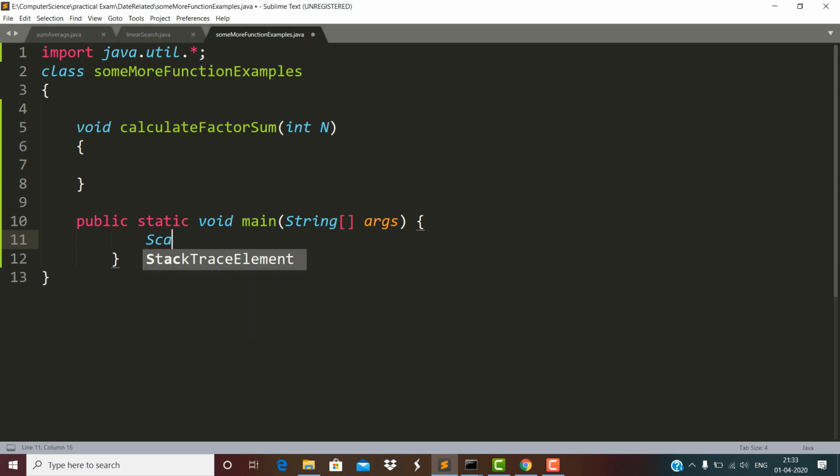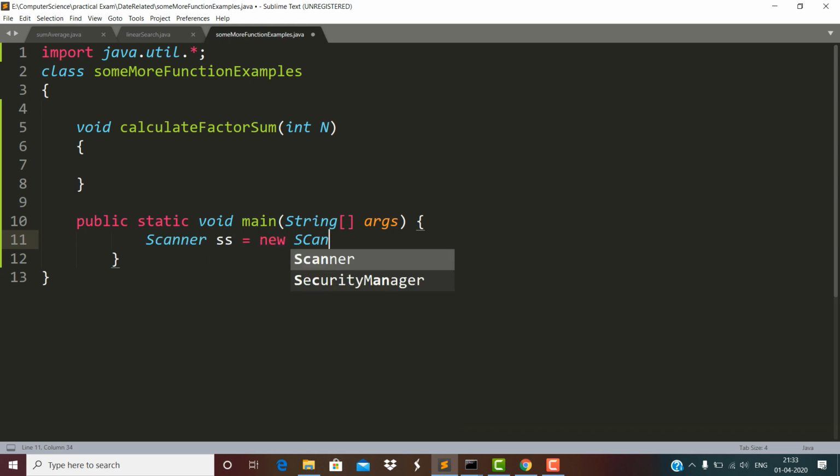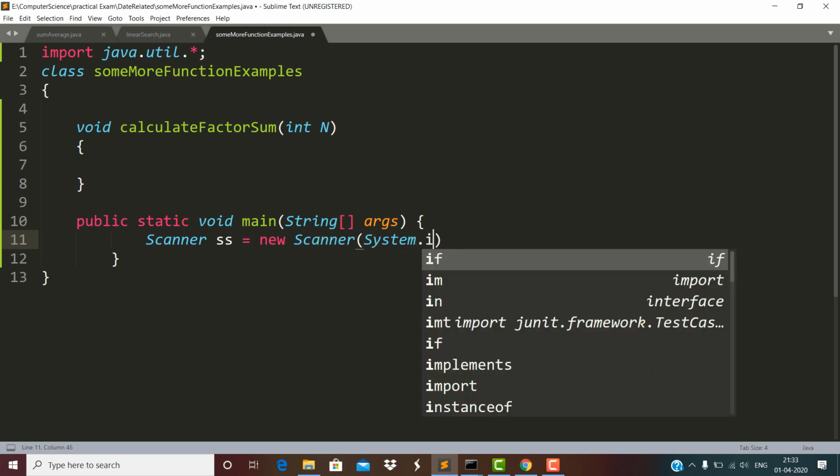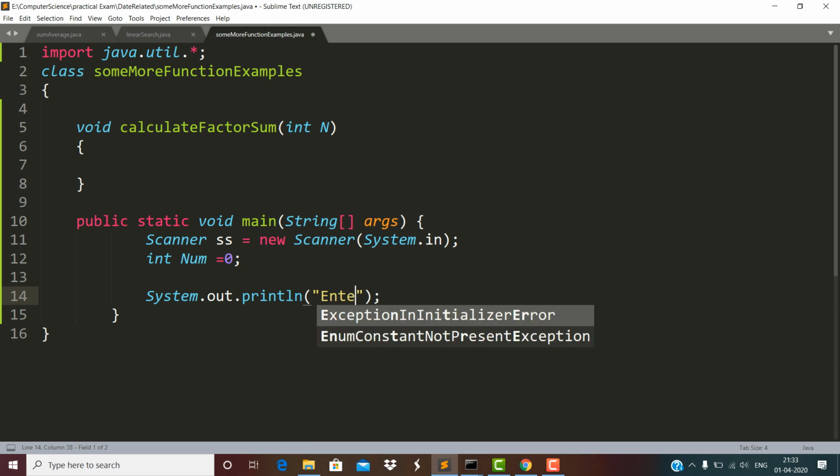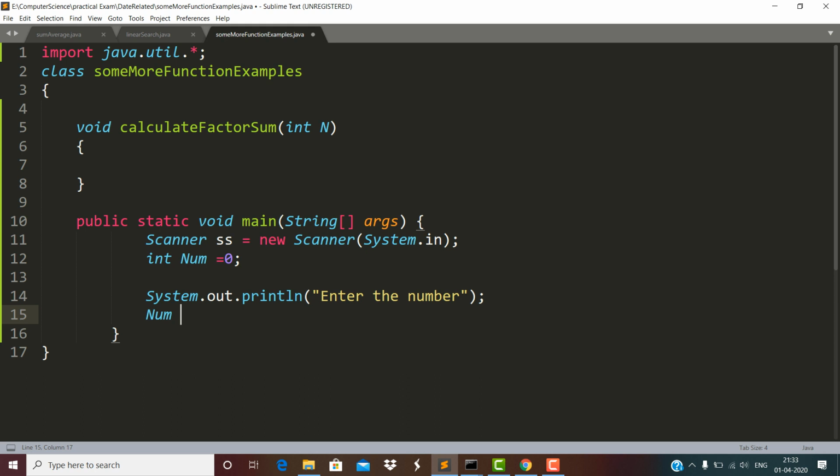Here the main method is, and this is scanner class for the user input. We have declared this variable num, and here we have entered the number here. I want to invoke this function within this main method. It simply means I need to call this function within main, and for doing that we need to create the